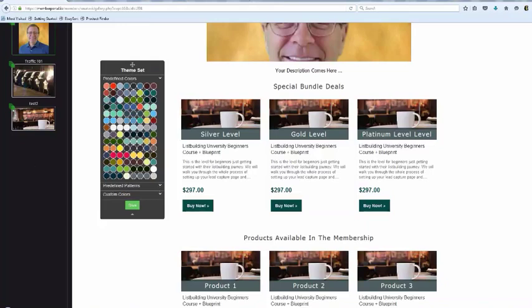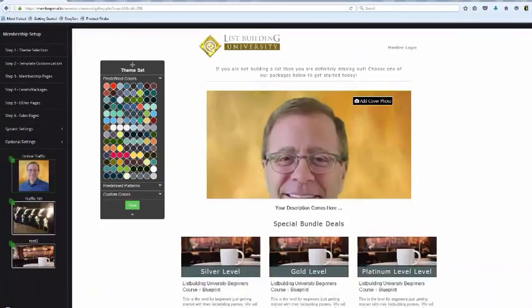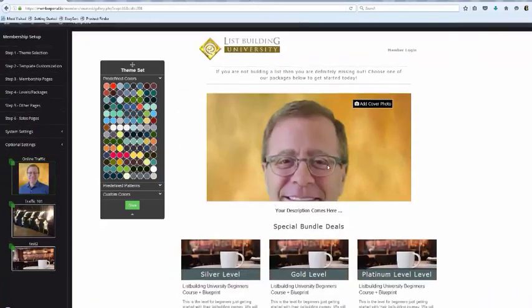Now, obviously I can come over here and customize the template. I can change out the picture. I can reposition it, whatever. I don't care for this sales page template, but I'll tell you right now, if you've built trust, it's going to get sales for you because all you have to do is give them a button to click. And see where it says your description comes here? This is where we're going to pull in your WYSIWYG stuff. So if you have more videos, if you have more headlines, whatever you have, just simple stuff, guys, because it doesn't take much at this point.